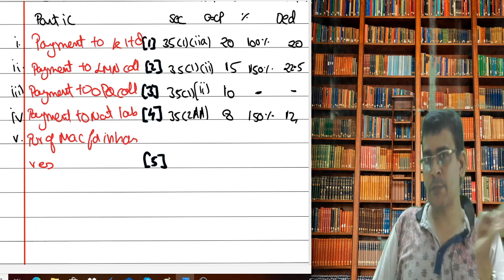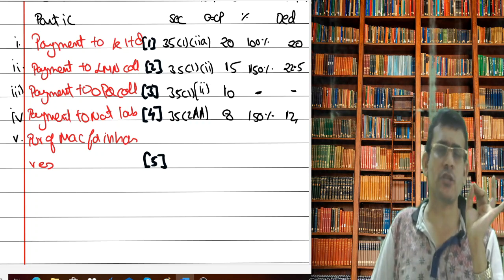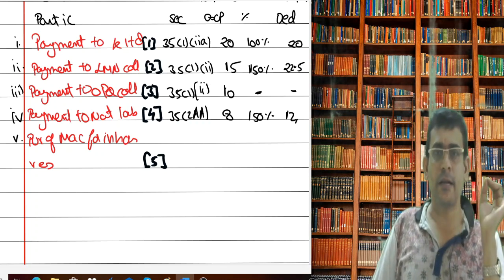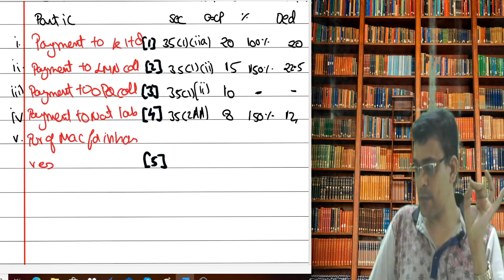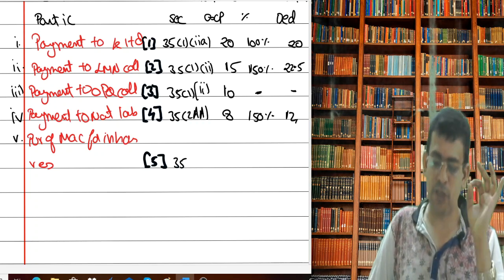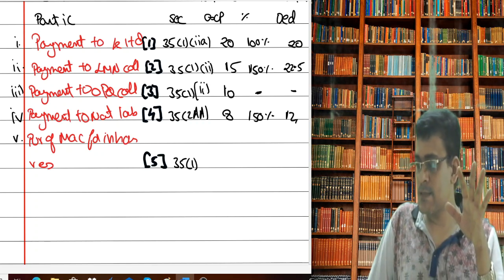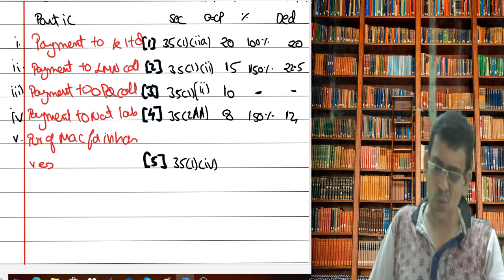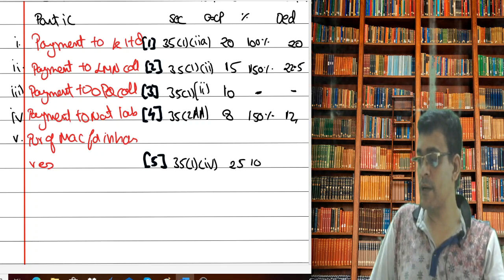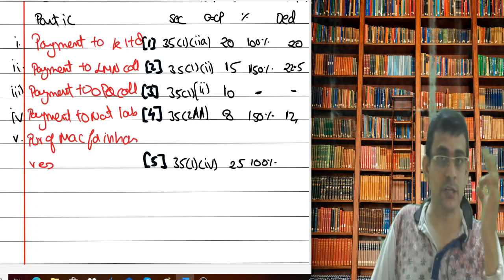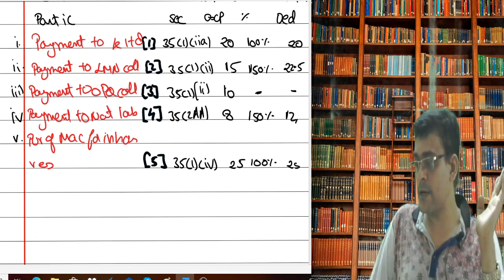Even though the machinery is purchased for in-house research, as the assessee is not a company and not engaged in manufacture or biotechnology, ultimately section 35 2AB is not applicable. Instead of section 35 2AB, which section is applicable there? Section 35 subsection 1 clause 4. So what is the amount there? The amount of expenses incurred is 25 lakhs. What is the amount of deduction? 100% of the capital expenditure incurred for scientific research is allowed as deduction. So 25 lakhs at 100% is again 25 lakhs.